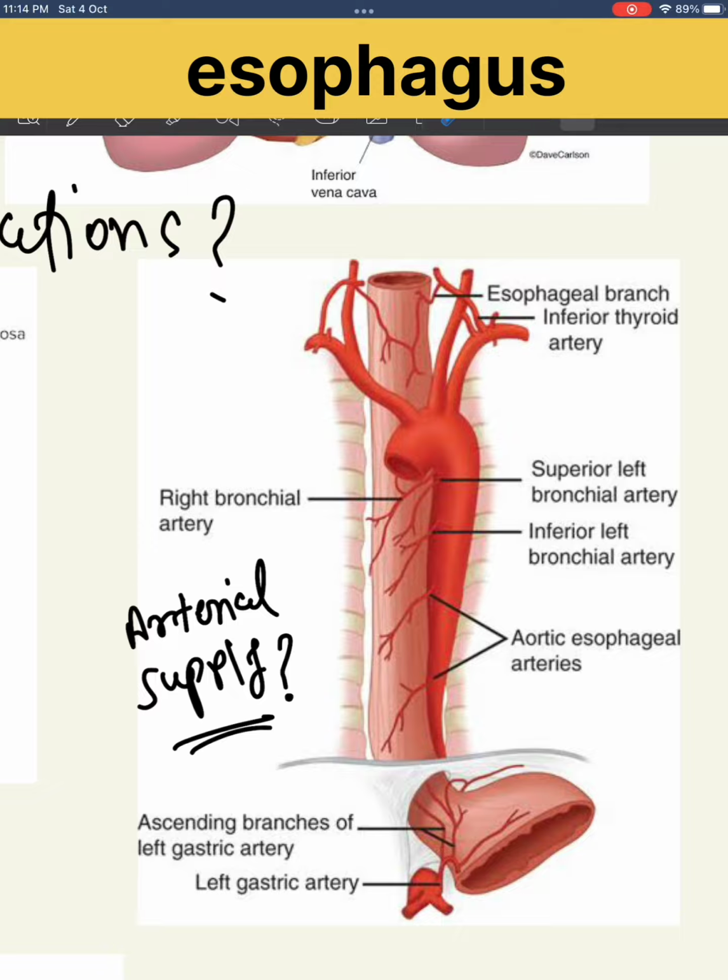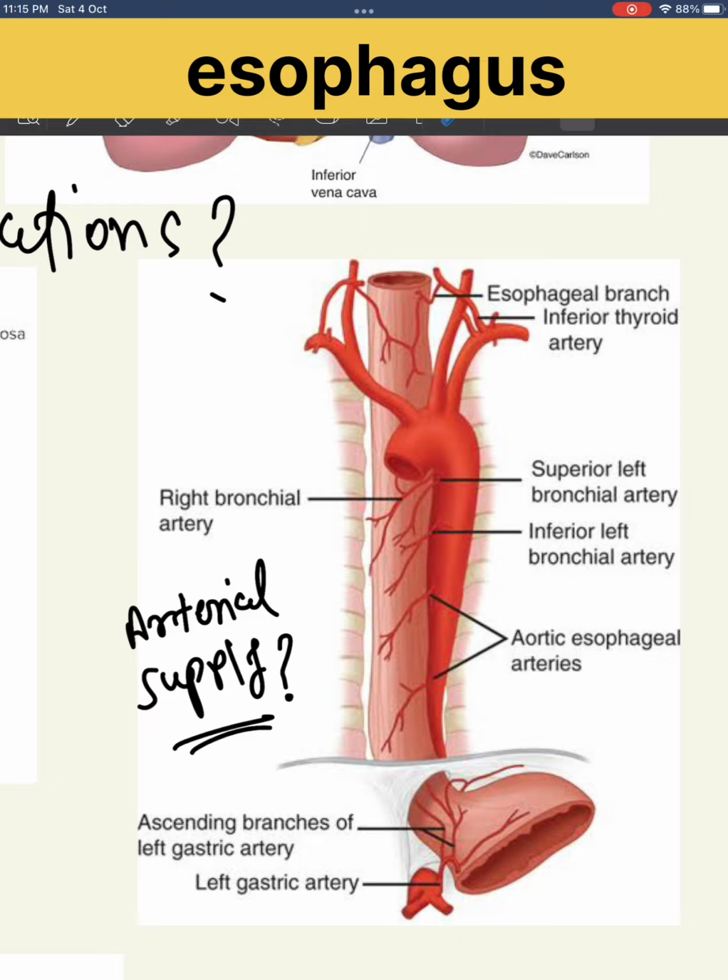So cervical part is mainly supplied by esophageal branch of inferior thyroid artery. So see, cervical part of esophagus is supplied by esophageal branch of inferior thyroid artery, which is also a branch of left subclavian artery. And then thoracic part is supplied by mainly 3 to 4 types of arteries, which is like esophageal branches